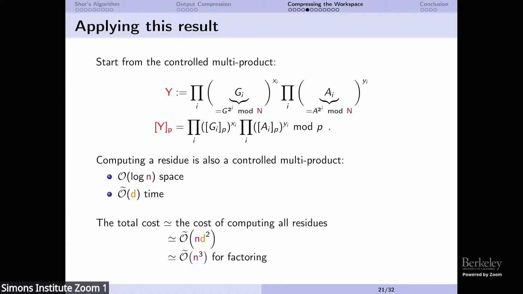Yes? Just to check, for you, you only need the product of the p's to be bigger than big N, right? Is that true? I need the product of the p's to be bigger than this large number here. But this large number here at this point is an integer.